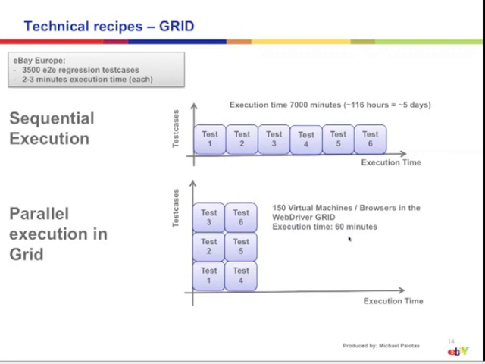And we pumped the 3,500 tests in there, and our execution time came down to 60 minutes. So that is huge, right? If you look at it, 5 days to 60 minutes, that is an enabler for agile development, for example. That also gives you the instant feedback that we were looking for. 5 days is not exactly instant feedback.